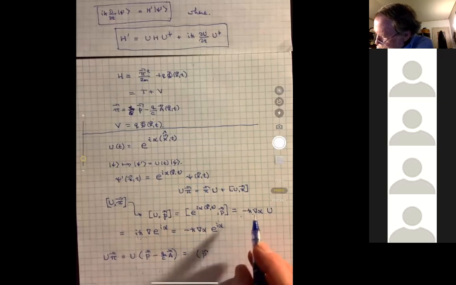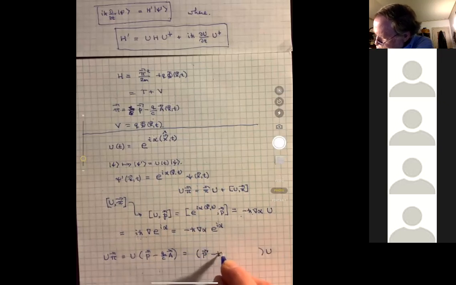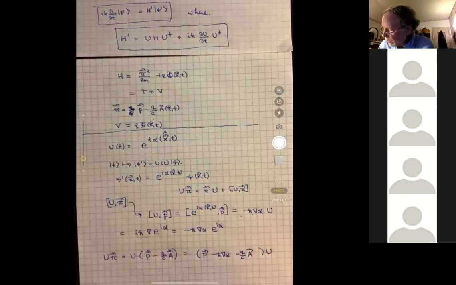The commutator itself is minus h bar grad alpha, and then we still have the minus q over c A, which U commuted with. So this is what happens when I pull the U through pi. Now, look at this thing here. I can write this way as q over c. In fact, let's make a particular choice for alpha. Let alpha of x and t be equal to q over